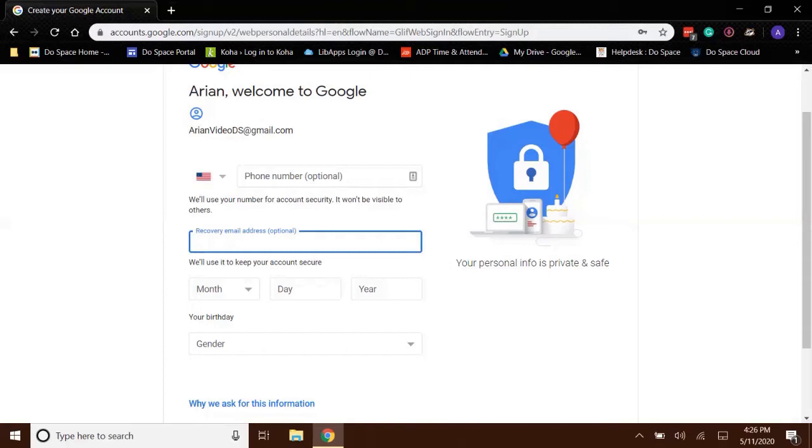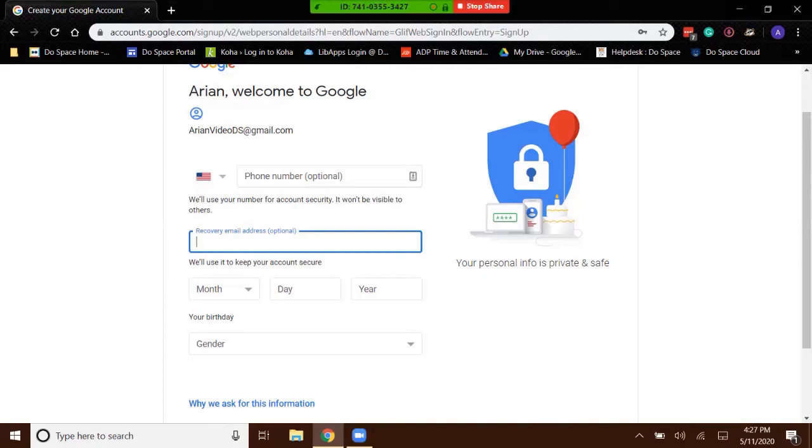But with your telephone number or with a secondary email address, they don't really even have to bother with you proving that you are them. They'll just text that phone number or send an email to that secondary email address with the option that's going to allow you to reset your password. So it could potentially save you a lot of headache by simply including either a phone number or an optional